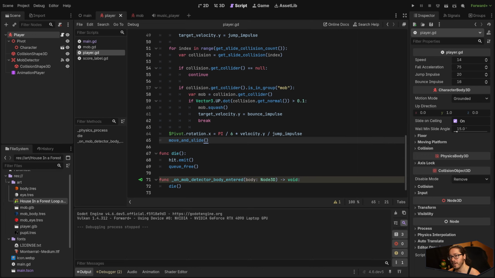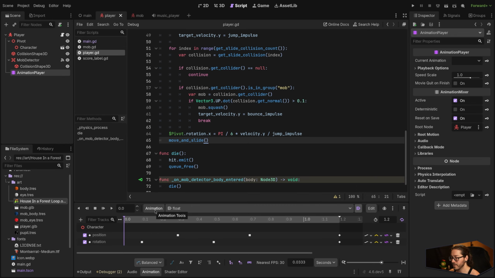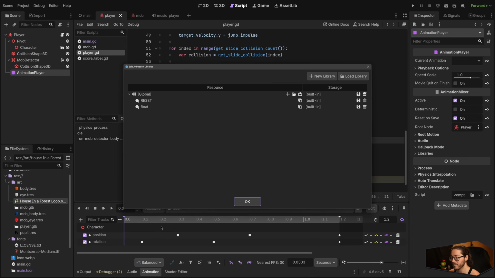So because both the mobs and the player have the same pivot character structure, we can actually reuse animations between them. So let's set that up. Make sure the player scene is open and then click on the animation player. Go to animation and then manage animations. Then we're going to click on this copy button right here next to the float animation